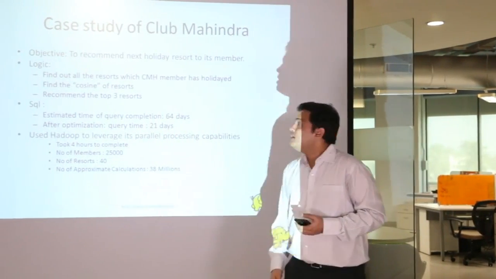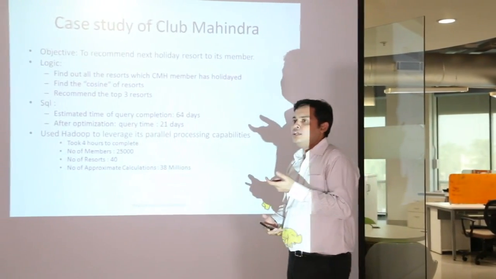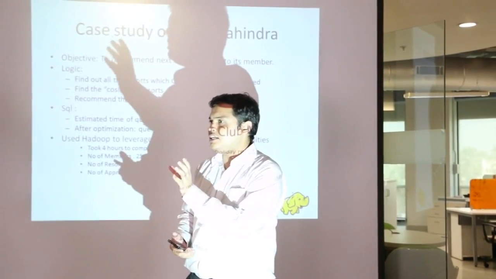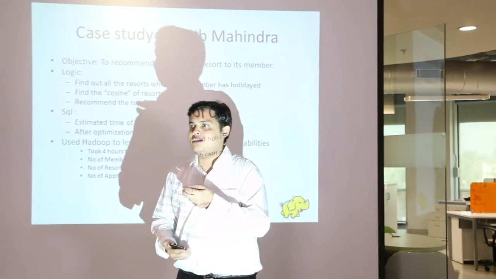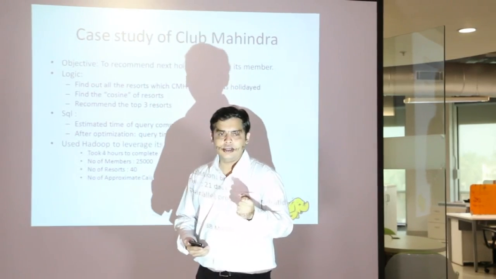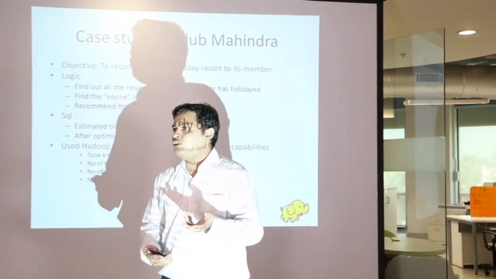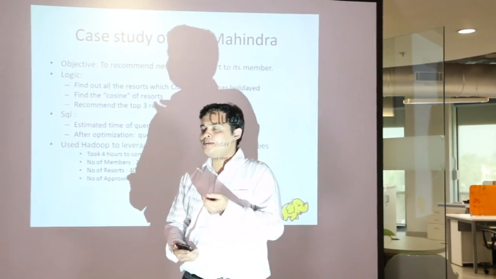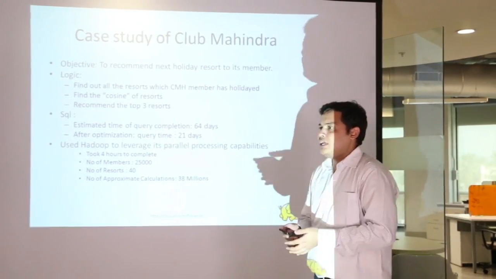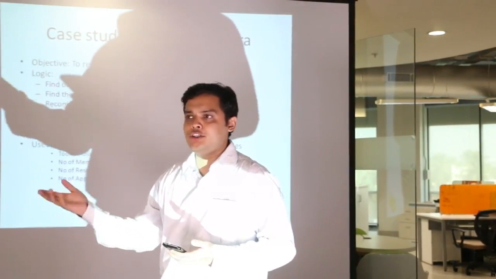Just think around. Okay. So the problem with Club Mahindra was that during the monsoon season the reservations used to go down. It was more targeted towards some fixed location, something like Lonavala, just a random example. There is no Club Mahindra in Lonavala, it's just an example. Let's say if it's a rainy season, you would like to go to Lonavala and you would not go to some other place. So the problem was that I wanted to recommend the next best holiday resort to its member. I mean, if I know that Akash is going to Lonavala, can I divert him to some other location, some other resorts? Okay.